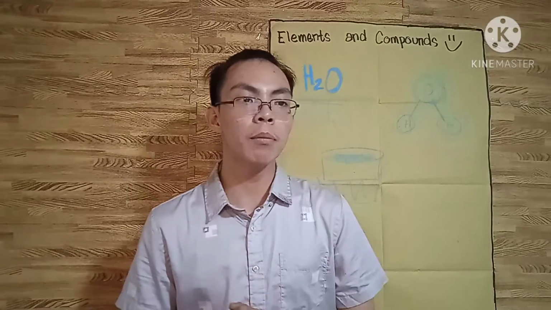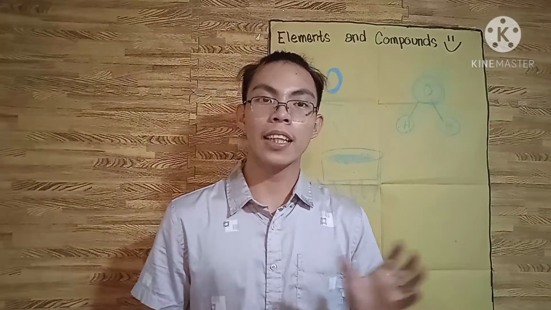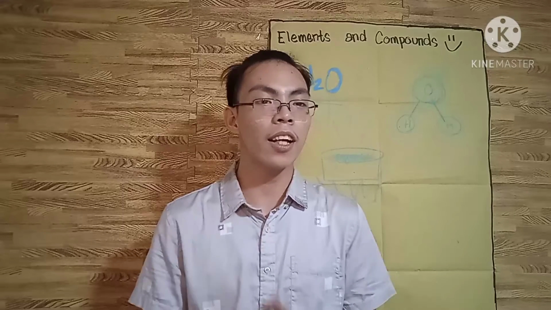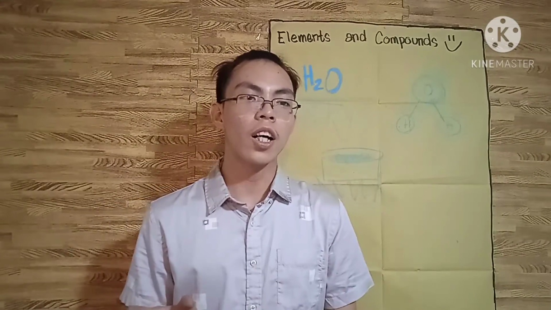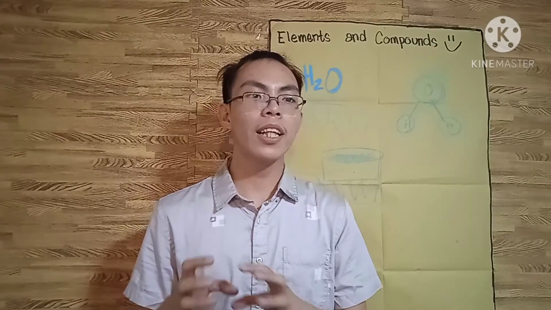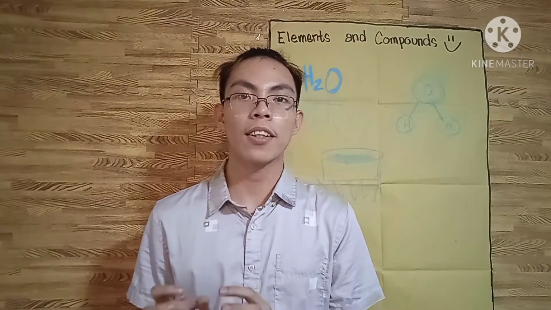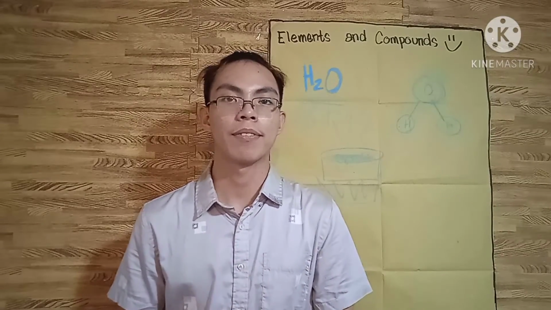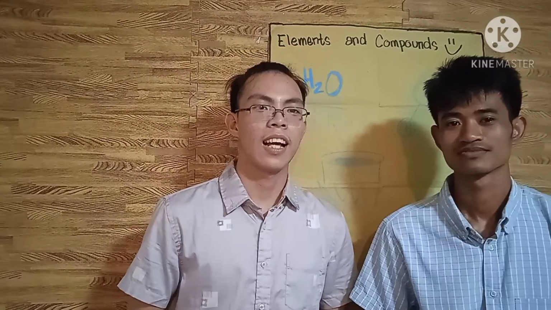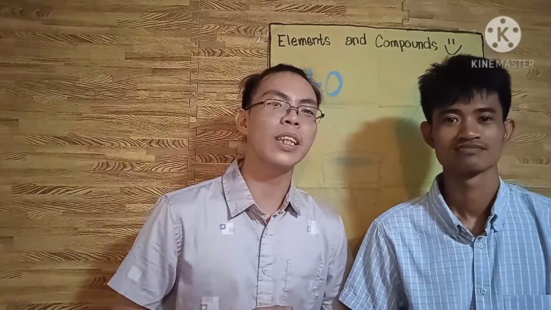On the second column, identify if each is an element or a compound. And on the last column, draw or show the molecular form of that element or compound. And that ends our discussion for